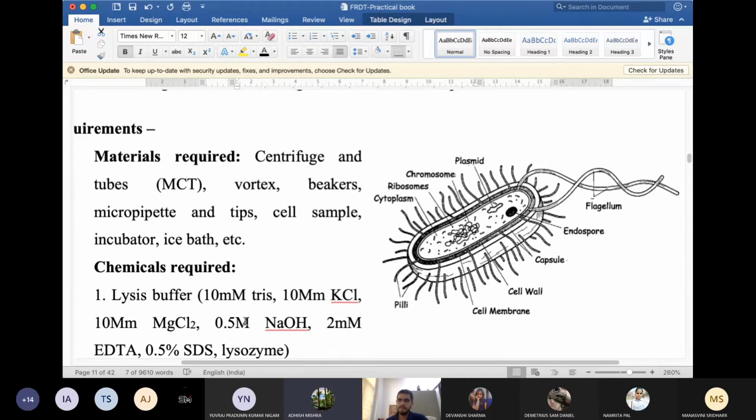Sir, it depends on which cell. In the case of bacteria, we can use anything which digests peptidoglycan. A simple thing: how do you break the wall of your house? Using mechanical force, using tools, sir. What type of tools? Like a hammer. Yes, hammer.